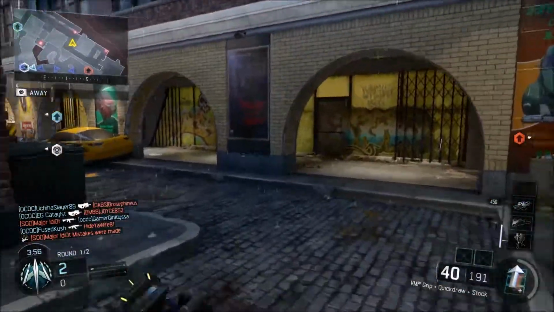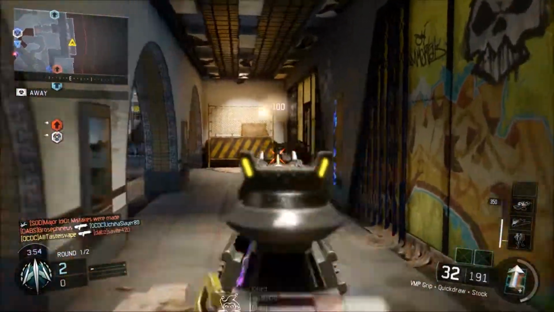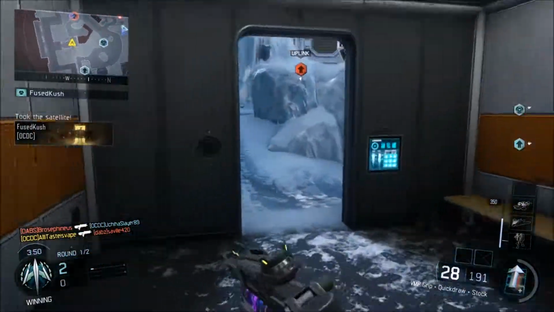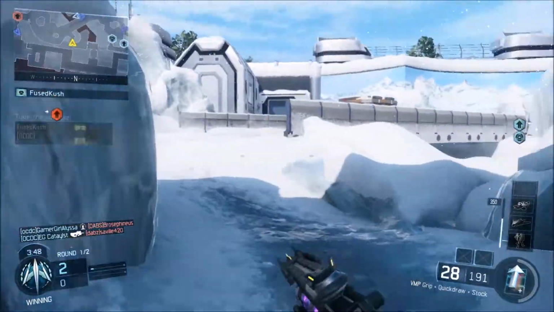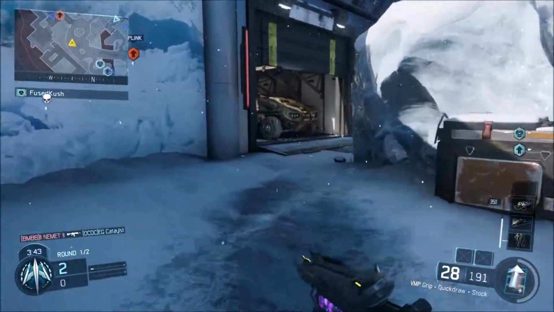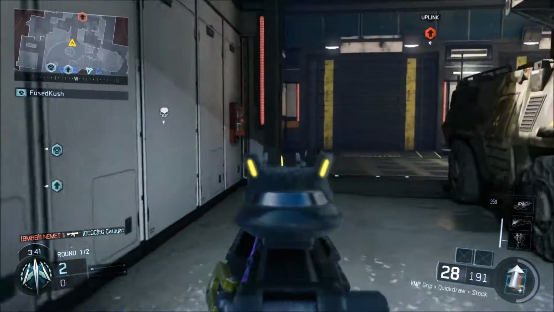So like I mentioned before, there's 3 areas of the map. If you're playing objective based games like domination or something of that nature, then B flag will be right here in the middle snow area on that bridge, and then you have the opposite sides for A and C